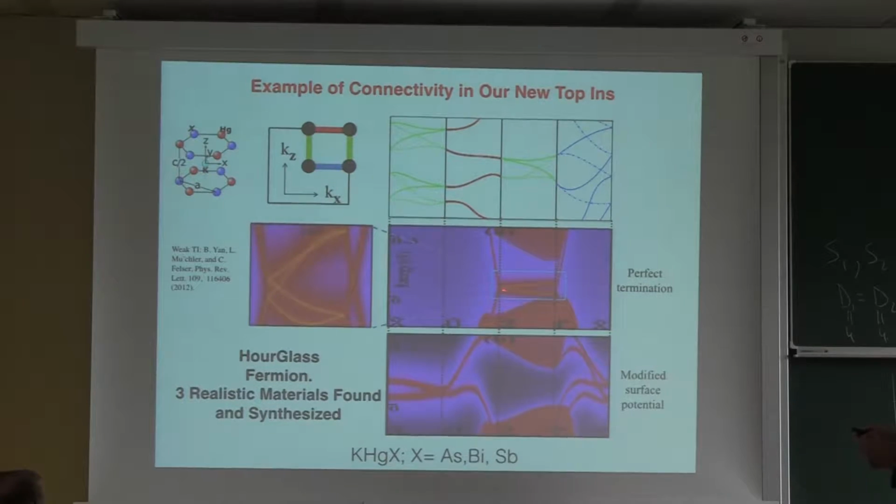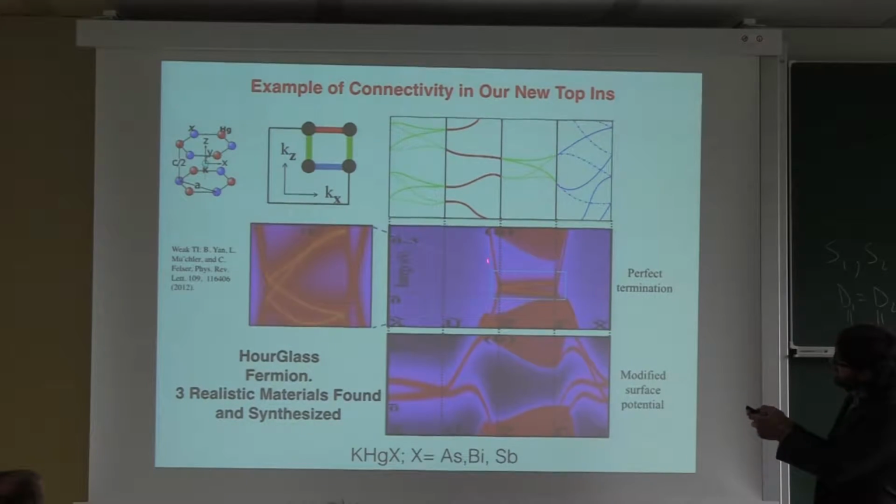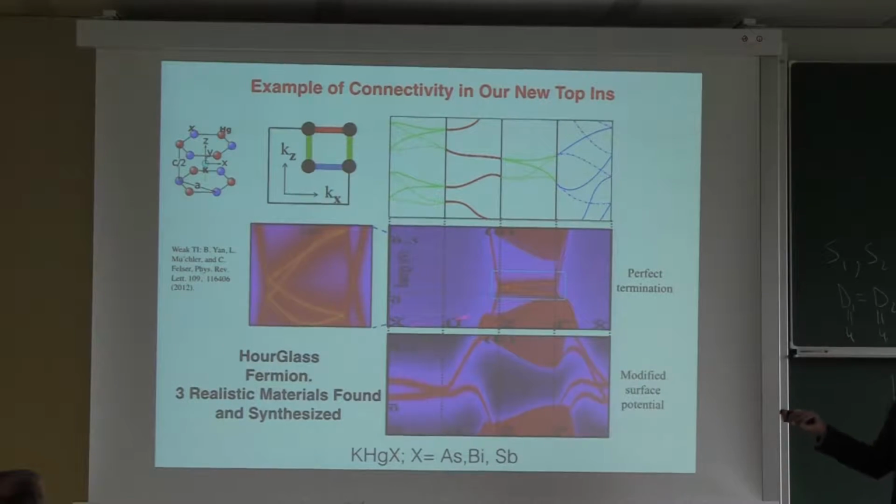Now, here you can see that I can see only 2 bands here and here, but there are 4 bands coming out of here at this point. So you know that these bands have to be doubly degenerate, and this is what the ab initio gives you. Moreover, if I actually took this